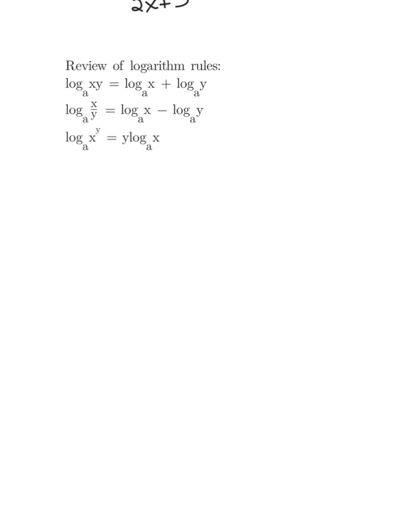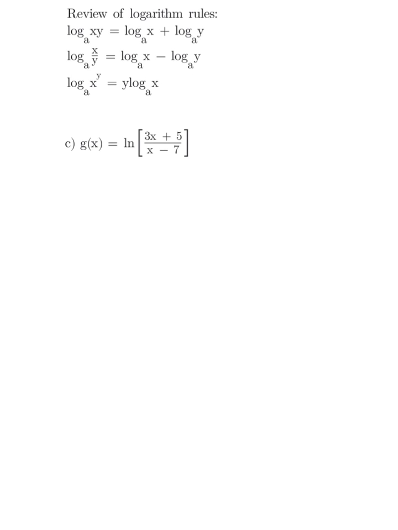Just like that, if you have division in your original argument, you can split that into subtraction of two separate logarithms. If you are doing a logarithm and you have a power on your argument, you may drop the power to the front and make it become a coefficient of the logarithm, and then the argument stays the original argument, whatever it was. The reason that we want those logarithm rules is to do the derivative of a problem like g